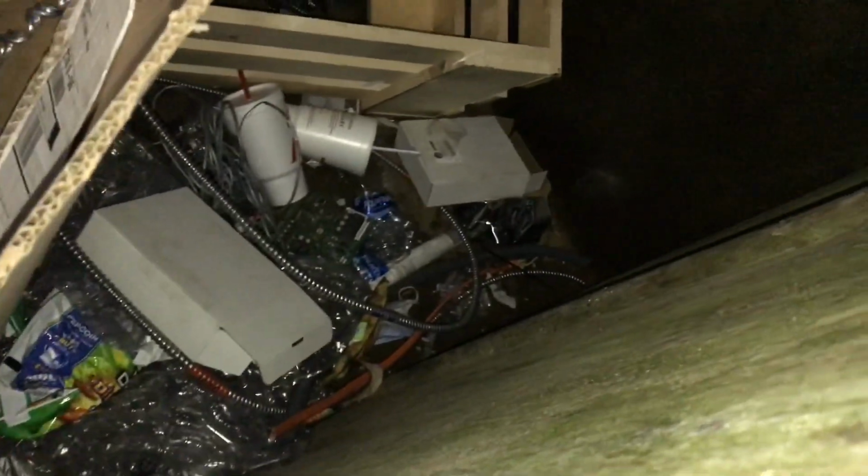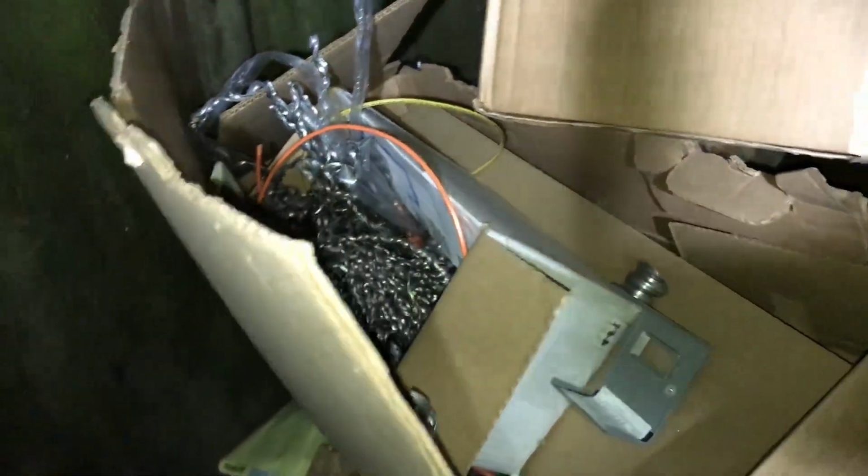Finding a few things. Oh yeah, definitely. Look at that. I'm gonna get in there and get this stuff out. Alright, so we got this box of little bits, which has a bunch of stuff, and then under here, there's just styrofoam. I'll throw it all out, and then